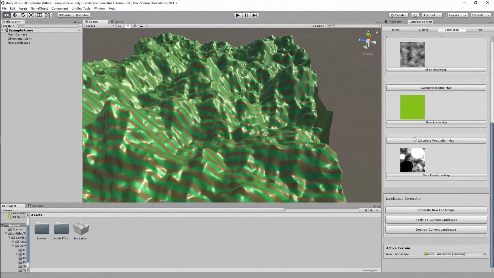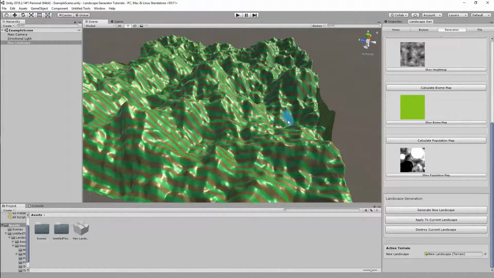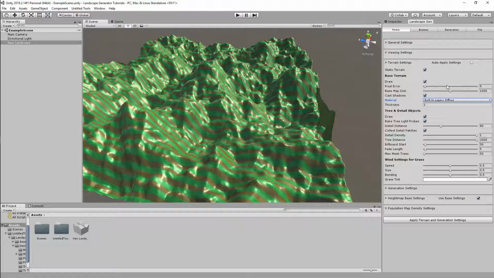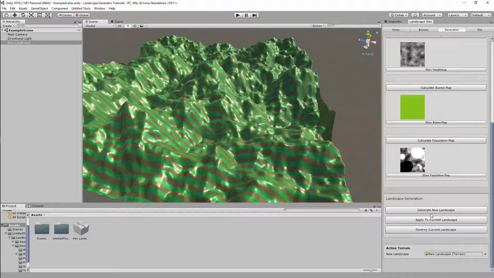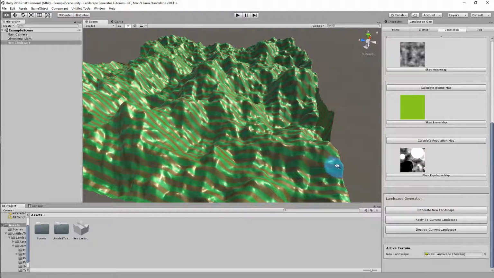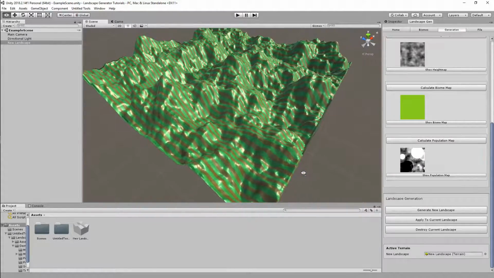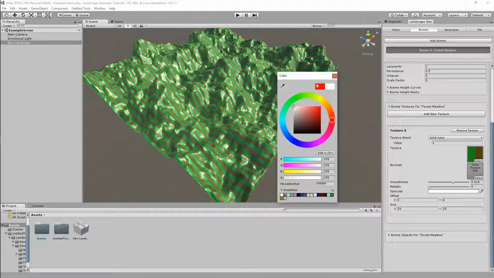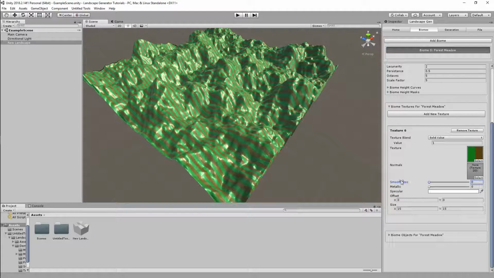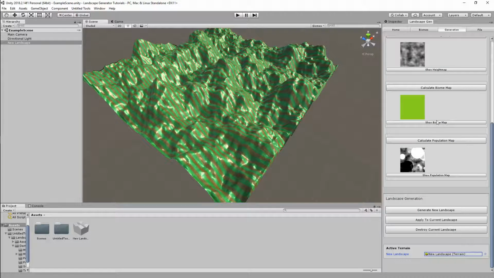Maybe I don't have the legacy shaders implemented here, but that's what it should do, especially with the legacy shaders. So yeah, we just want to change this back to our grass, and